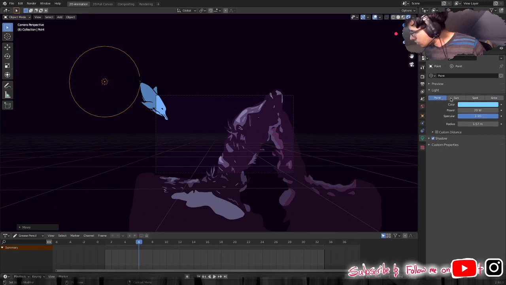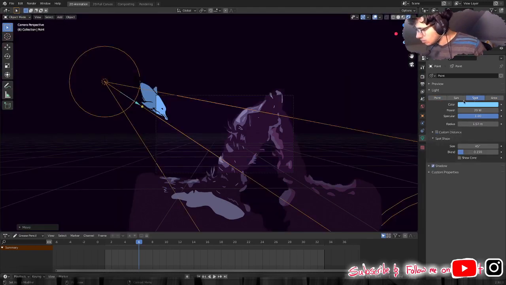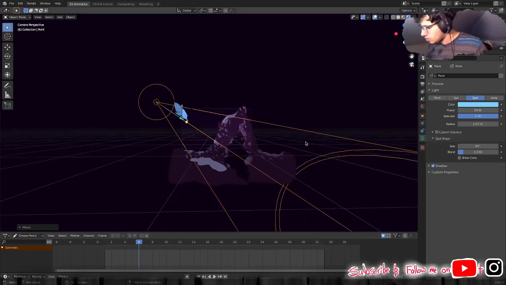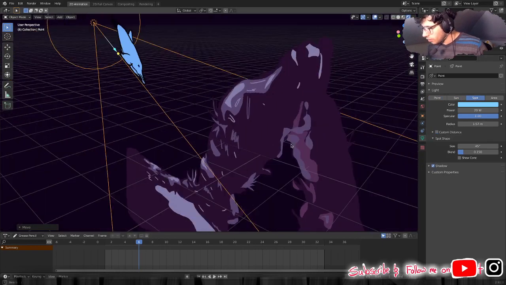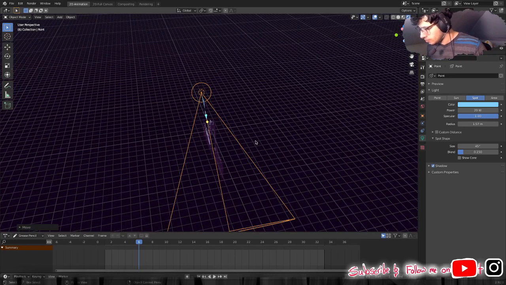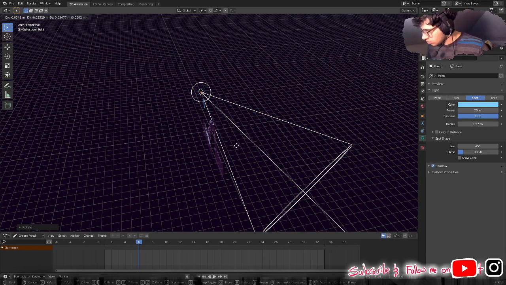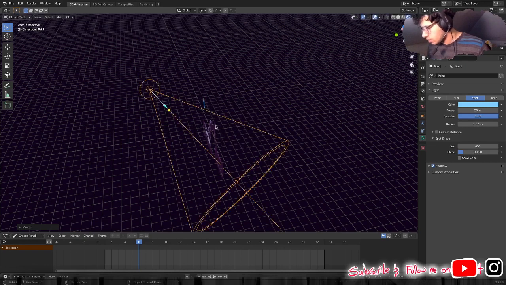Point. Sun. Spot. Normally the spotlight would do some effect. Let's rotate the spotlight. And then bring it over here. If it decides to work properly. Right? And